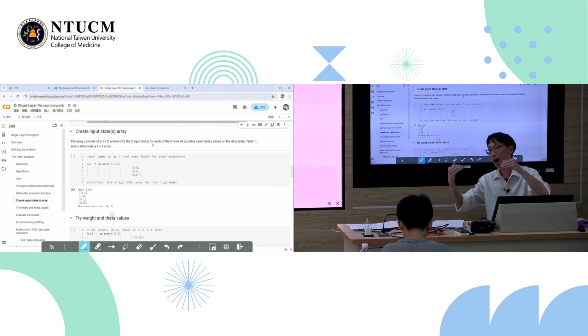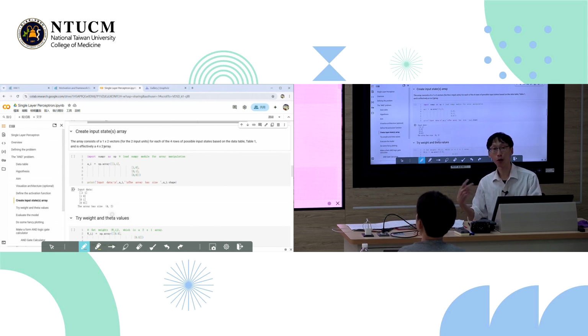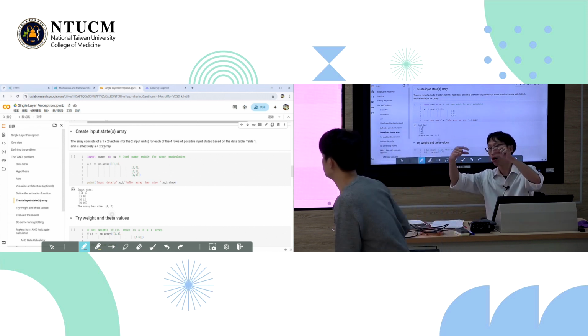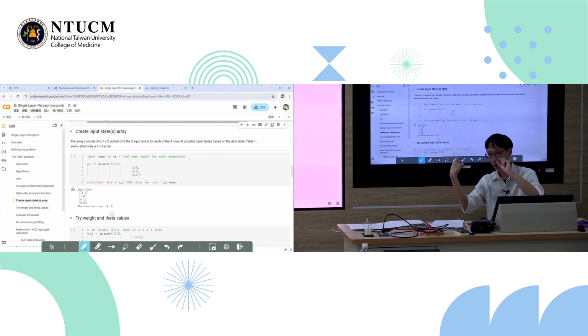But because there are 4 possible states, you concatenate these vectors, you get a 4 by 2 array. Correct? On the same page here? The input is actually a 1 by 2 vector. But because we have 4 possible states that we want this network to be able to compute, we get a 4 by 2 array. We just put the 1 by 2 on top, followed by another 1 by 2, another 1 by 2, another 1 by 2. You put it all together, you get a 4 by 2 array. Okay? So that's what we want to create.